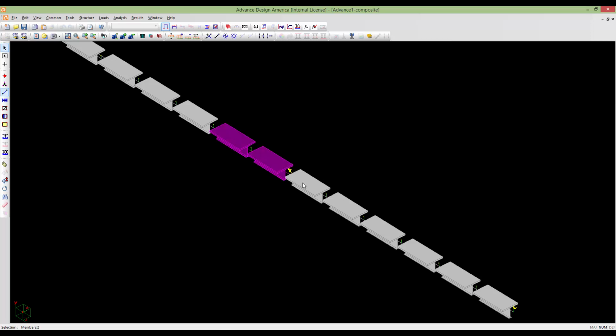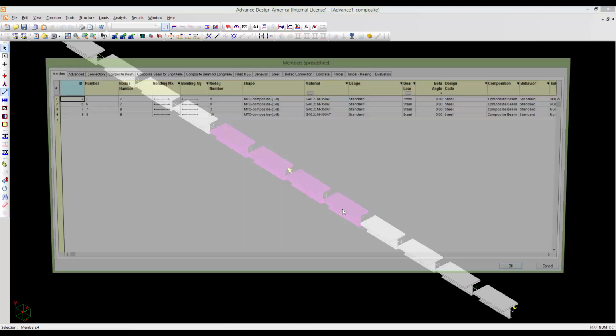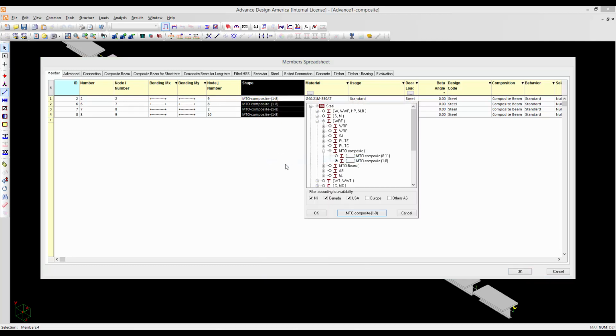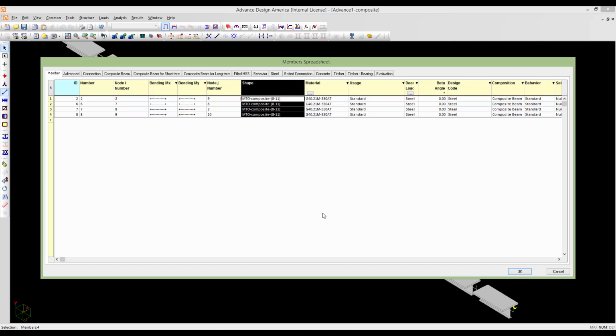So I click these 4 portions, Control H, and here you have all of the properties. I'm going to change the shape to 811, the already defined custom shape. Material is the same, dead load is the same,